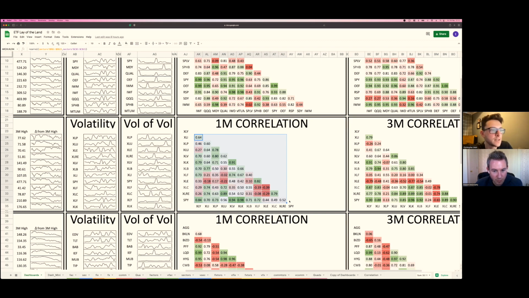So I use these more as, if we're in quad 2, although we've already talked about how not everything is static, and XLE and XLF have been going gangbusters, and XLY hasn't, but it's just triggered a buy,